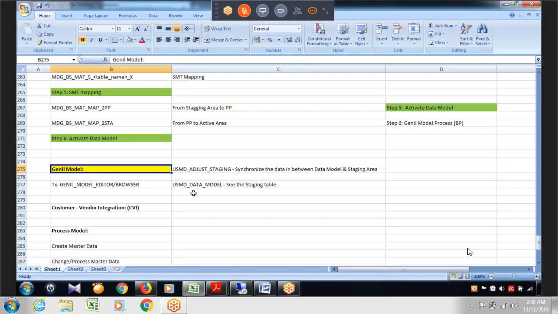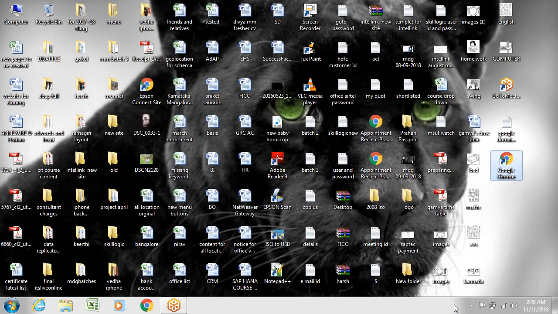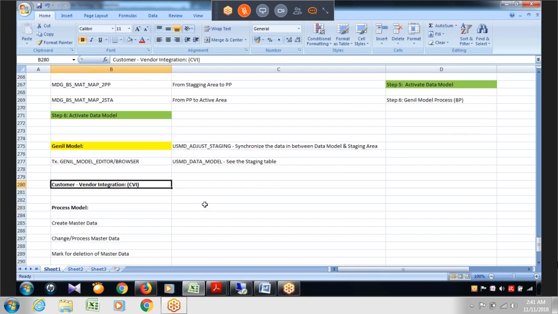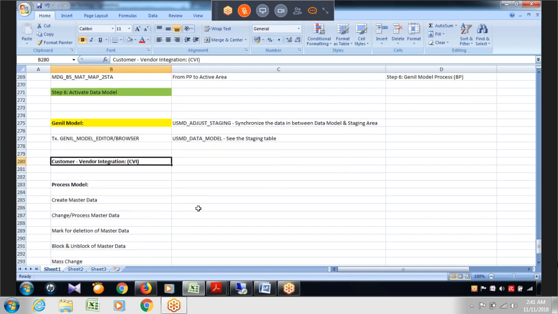However, we just spoke about the data modeling part, and the UI part is pending, and that we will cover when we reach the UI modeling section. Similarly, CVI also has a data modeling part and a UI part. So the UI part we will park for the time being, and we will only talk about the data modeling